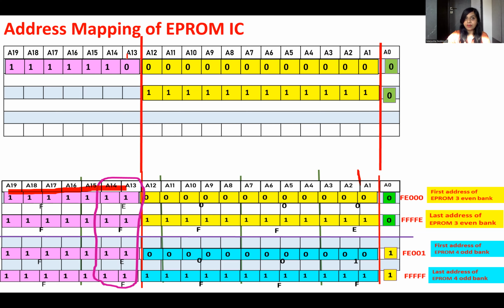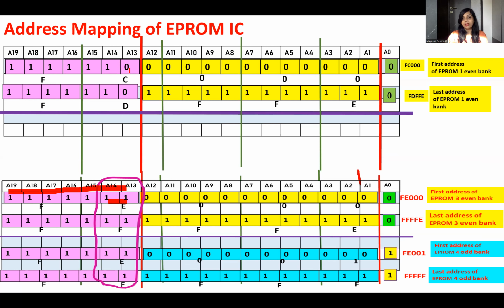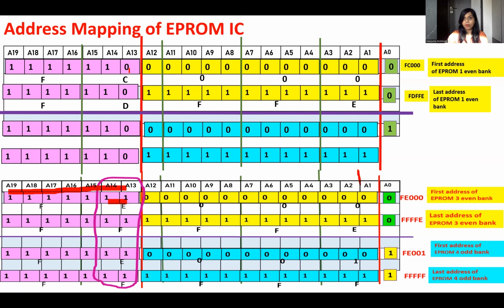So for making it previous, you have to make A13 0, because before 1, 1, it is 1, 0. So we are going to the previous address, repeat this combination. This address is C0. This is the first address of EEPROM 1 even bank, and this is the last address of EEPROM 1 even bank. Then go for the second odd bank. Repeat this for all 4 combinations,